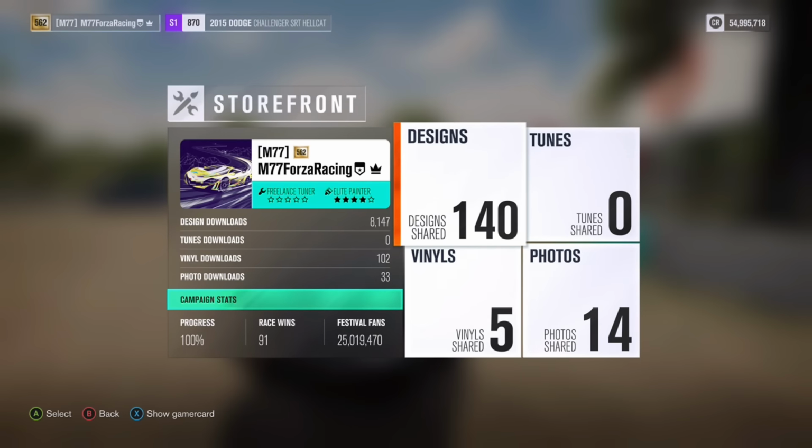Now, the trick to this, and what I found, is if you posted one car and one design for that car, you're not going to be at 16,000 uses. You're nowhere close. So what I've done is I've done the same design for 140 cars so far, and I've shared that over the last 5 days, and the result from that is 16,000 uses, and so on and so forth. So another week or two, maybe I'll jump up to the 50,000 range and actually be able to hit that